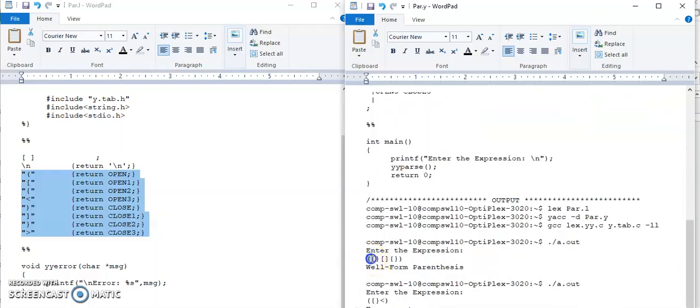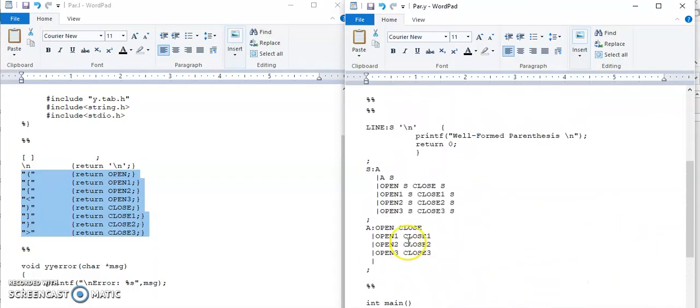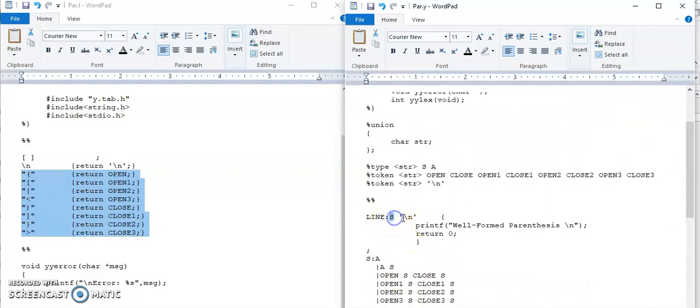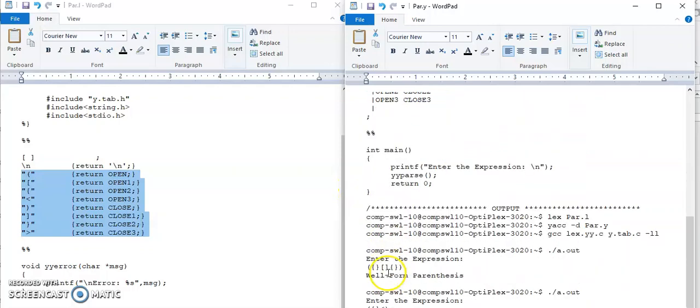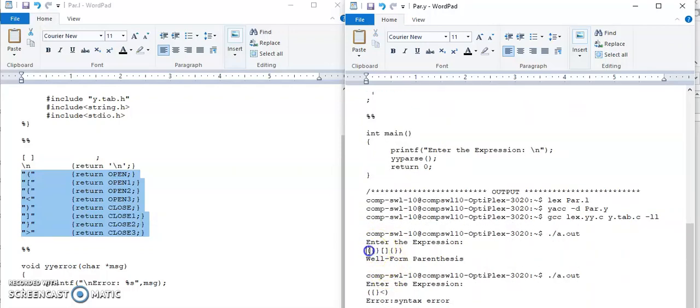Whenever this input is given, this input will match this S, and whatever slash n is entered by the user will match this. Now what will this S do? This S will follow one of these rules. For this particular input, it is starting with a round bracket.